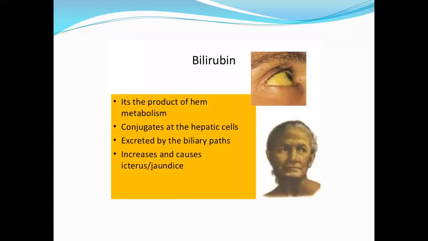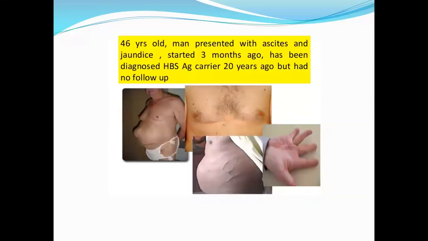This picture shows a patient with jaundice. It's a product of the heme, as we said. Here we see obstructive jaundice. This female patient presents with itching, and there is a greenish to yellow discoloration of the sclera. This case is primary biliary cirrhosis: female with jaundice, primary biliary cirrhosis.